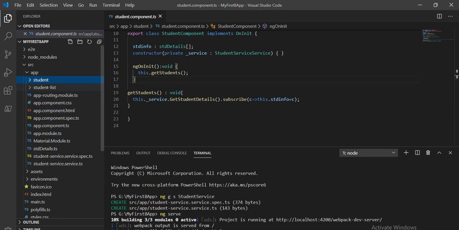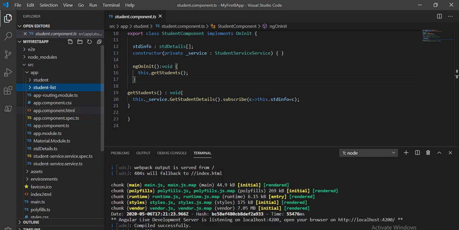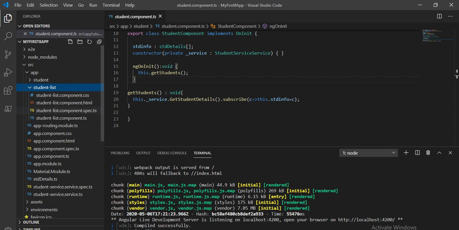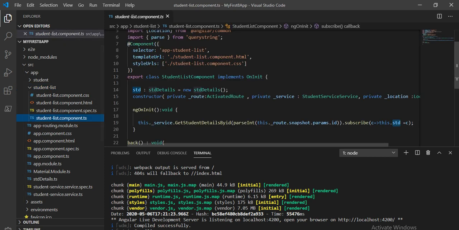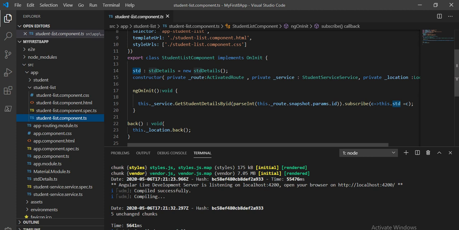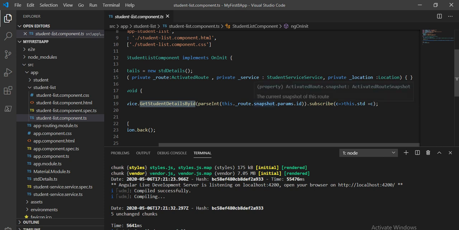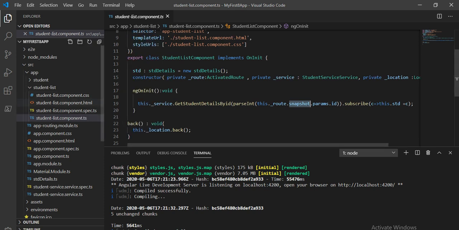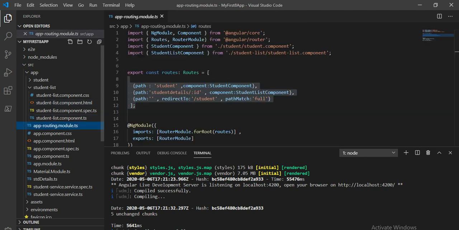Then under the student list, when we go to the student list component, we are calling student information based on the ID, but we are passing that parameter using the snapshot. We will see passing this parameter using the observable as well in a bit. And next we have defined all these things into the HTML page respectively, and then we have registered the routing module, like we have defined the path in the app.routing.module.